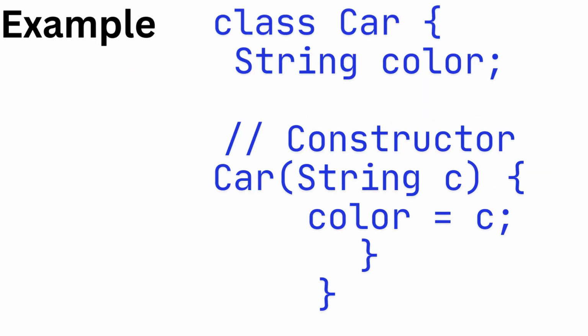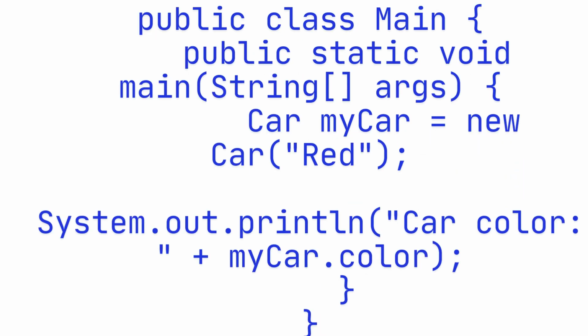Let's take a simple example. class Car { String color; // constructor Car(String c) { color = c; } } public class Main { public static void main(String[] args) { Car myCar = new Car("Red"); System.out.println("Car color: " + myCar.color); } }